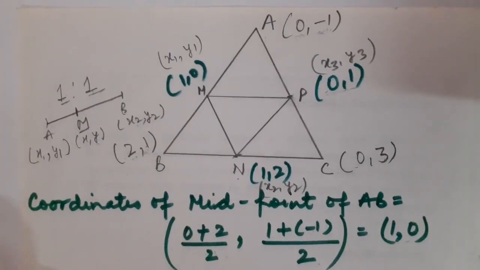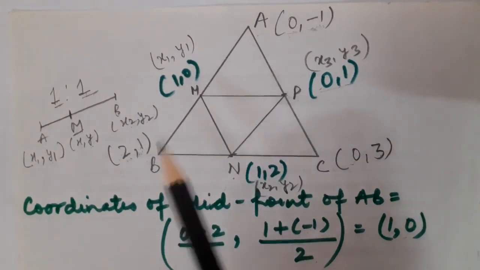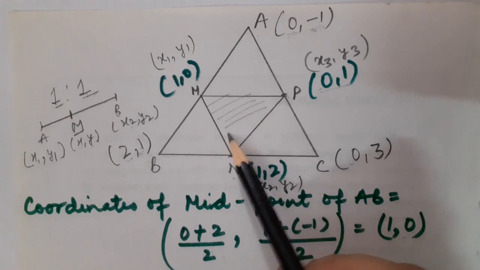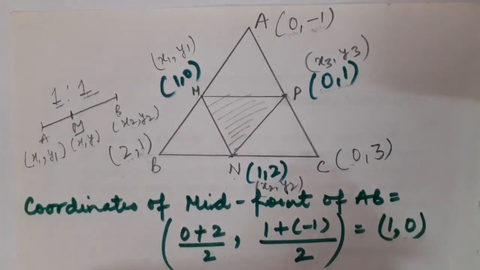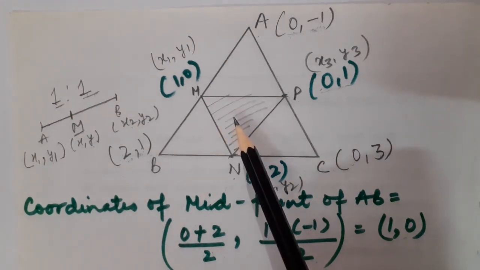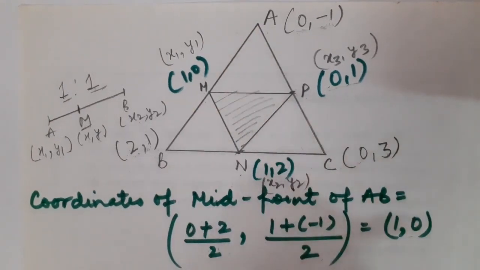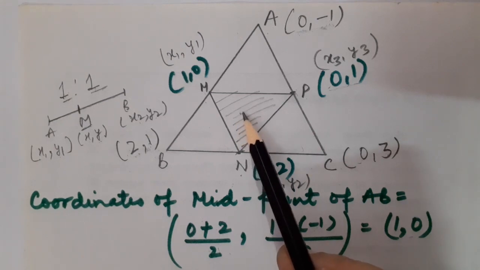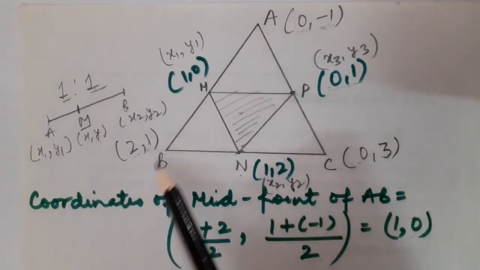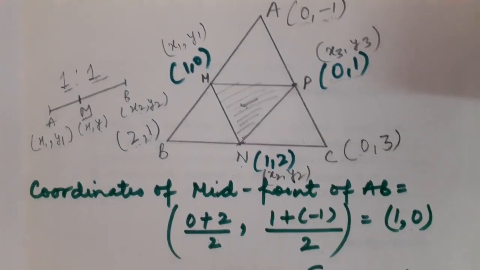Fine. Now children, have a look. What kind of figure is going to be formed while joining all the midpoints of the sides of a triangle? This is again a triangle formed. What is the name of the triangle? This is MNP. We have been given in the question that we will have to calculate the ratio of this triangle to the bigger triangle. So let us calculate the ratio of the area of this triangle to the area of this bigger triangle. So let us calculate the area of this triangle MNP now.